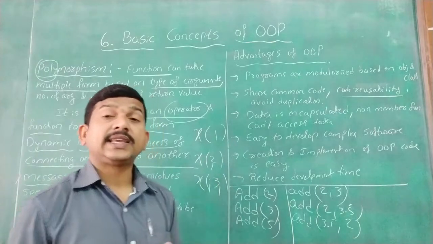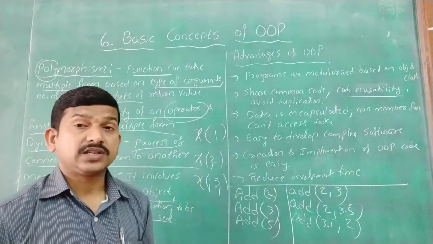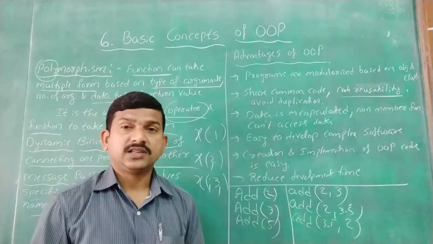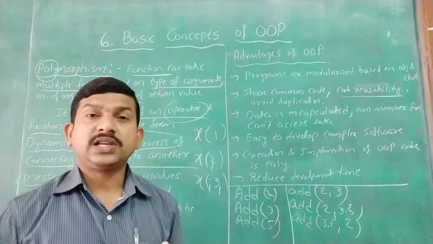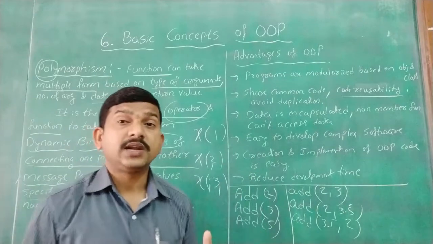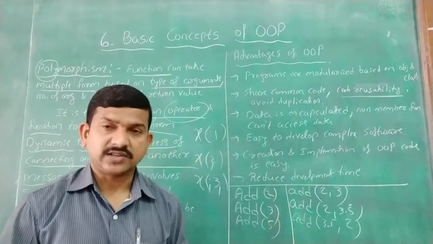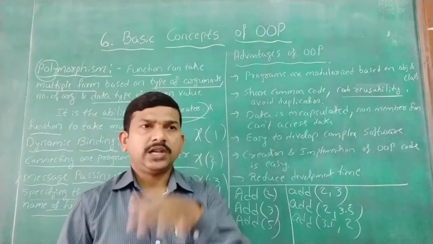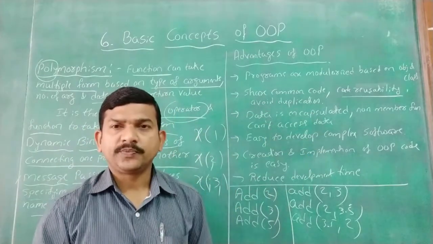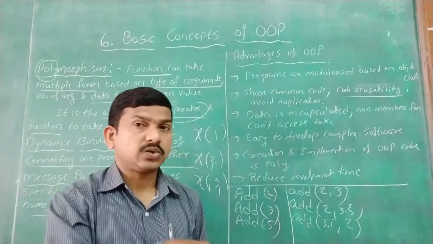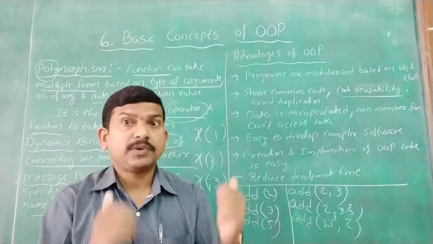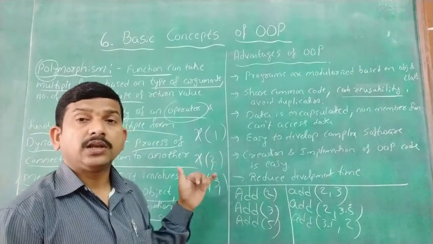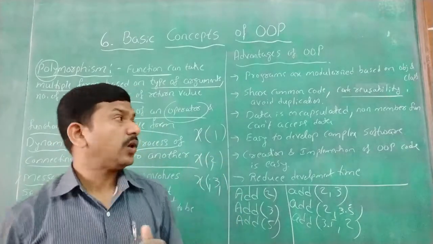Then data encapsulation, which means data security. So the outside member functions. When you are working with class and object, you will understand what is an outside member function and an inside member function. Assume it is our house: would we give permission to outsiders to use the data we have? No. There is some type of security. Is it clear? So to give security here also in the program, we are giving security to our data.